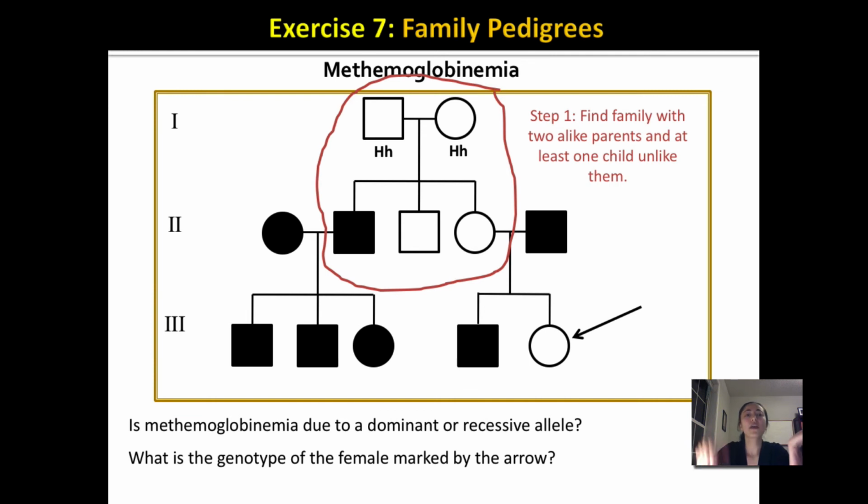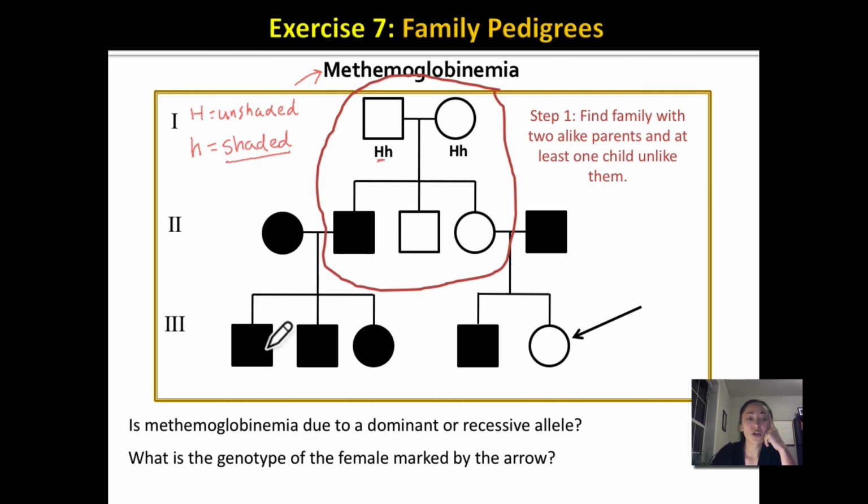So now we know that big H has to equal unshaded, and little h equals shaded. Because we know these parents are heterozygous, and heterozygotes always express the dominant allele. So this means that big H equals not being shaded in. We know every individual that's shaded in has a trait we're interested in, which is